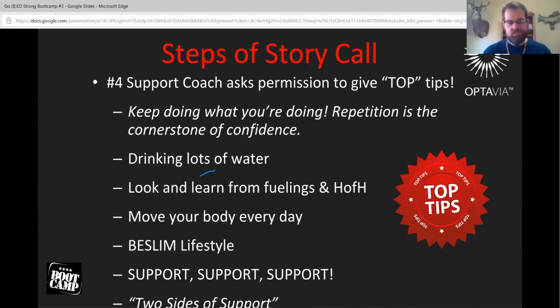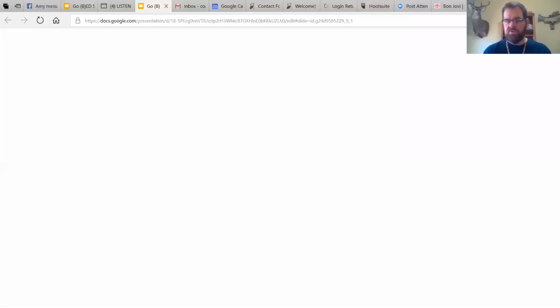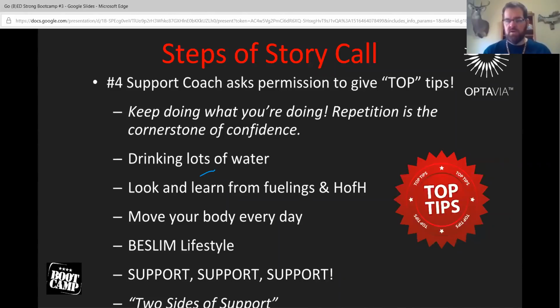If maybe they're sedentary at their job, maybe they sit at a desk all day long, you might introduce that every couple of hours they may want to get up and walk around the office or do something to get some energy built up. So we just want to encourage them to keep moving forward, to keep focusing on developing those new habits that are going to create long-term success.